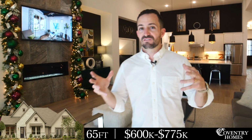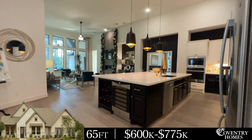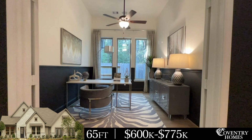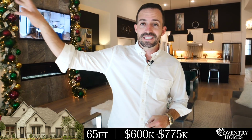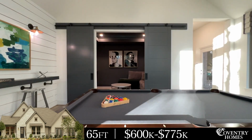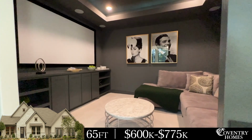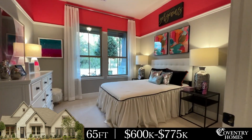As you can see, you've got this massive living room that connects with the kitchen, so it very much is this open concept. And then you're gonna have an office, which should be used as a study or possibly a playroom, but you also are gonna have a second game room, which you typically don't see on one-story footprints. It's not really until you get to these 65-foot wide products that you can afford to fit a second game room. They're gonna have a media room as well, plus 4 bedrooms,